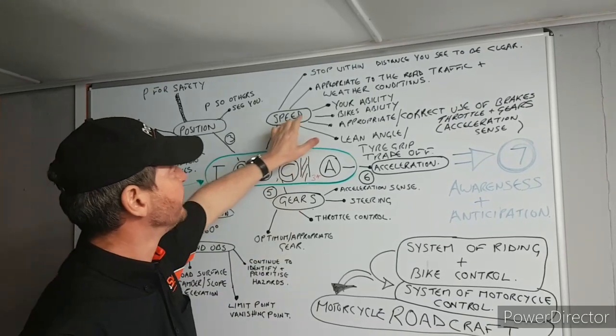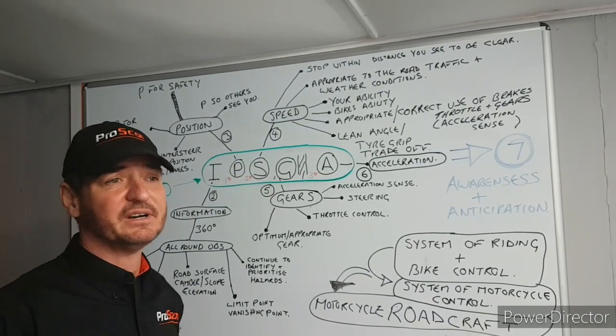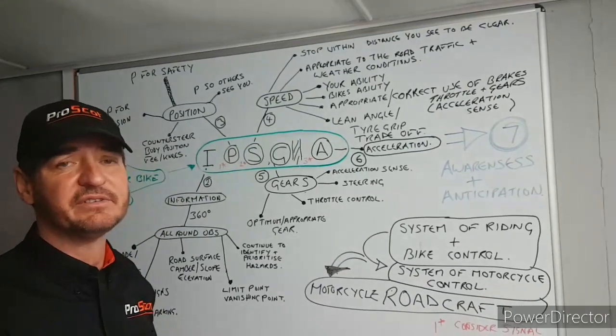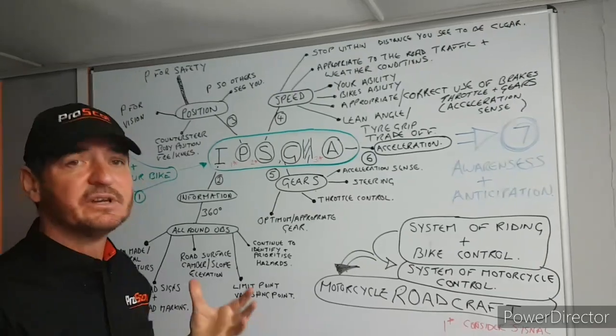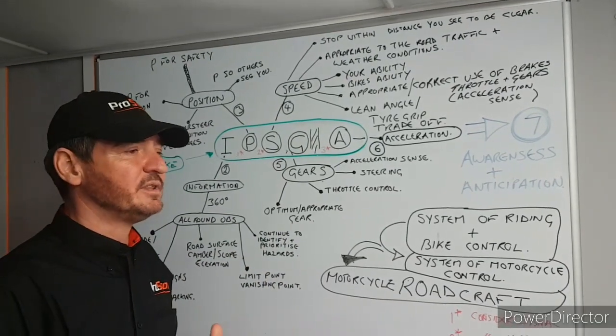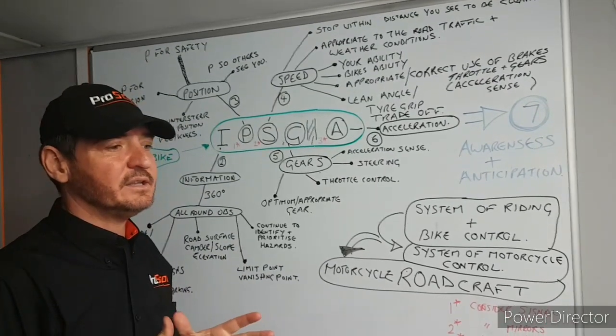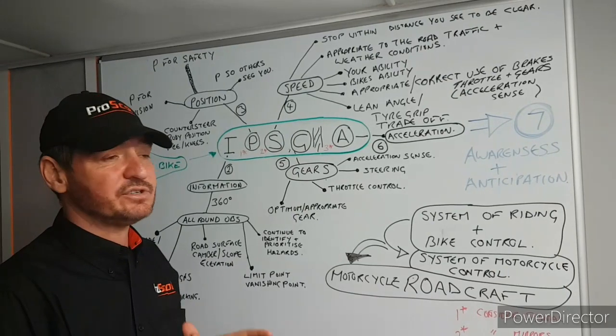Next one, your ability. Well, that's a very, very important one. Some riders can approach bends faster than others and still be very comfortable and safe getting through that bend. Other riders maybe not so comfortable. I uploaded a video fairly recently where you see the rider going at the bend, the rider's not comfortable leaning the bike at all, and you'll see that the speed that rider goes in, it's just too much for that